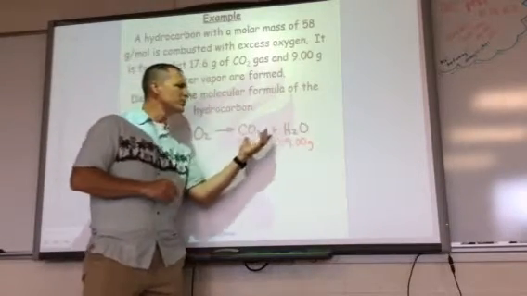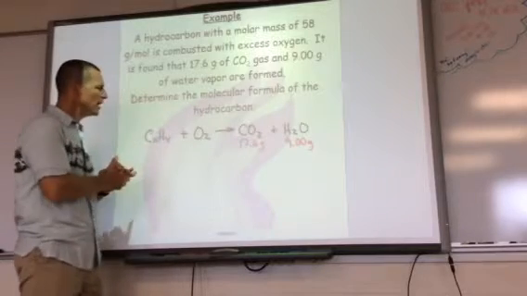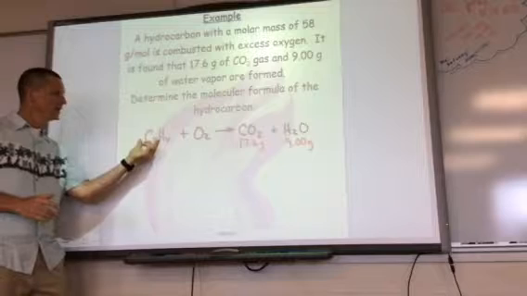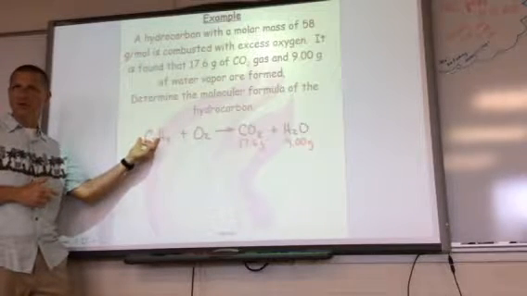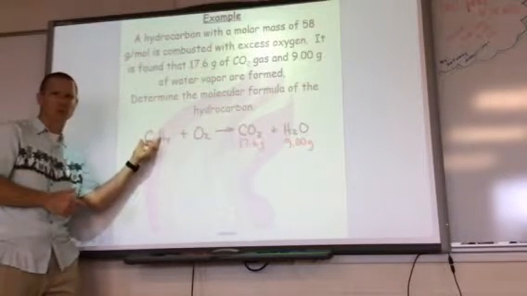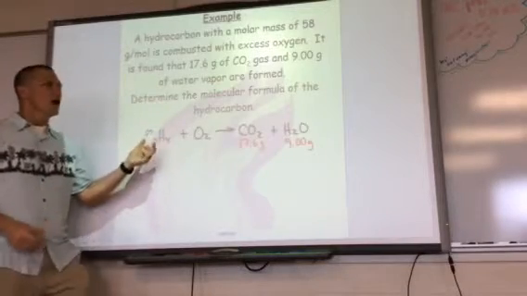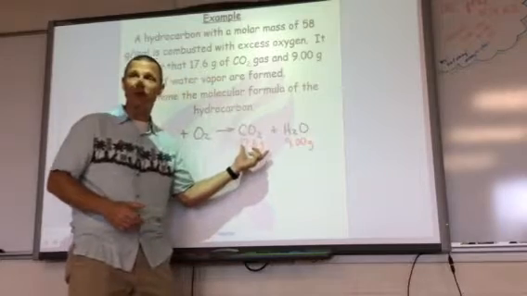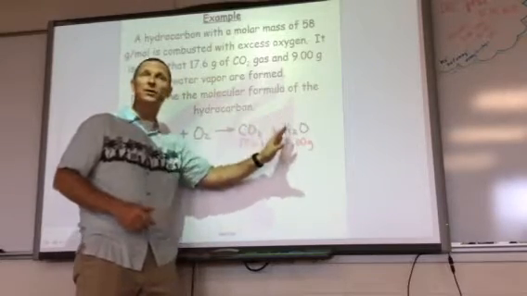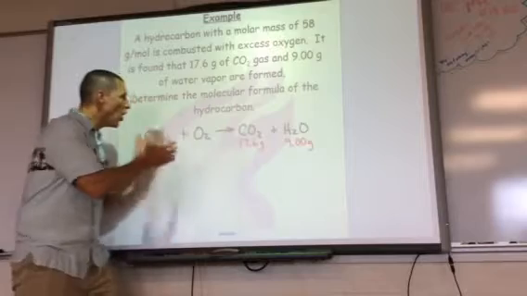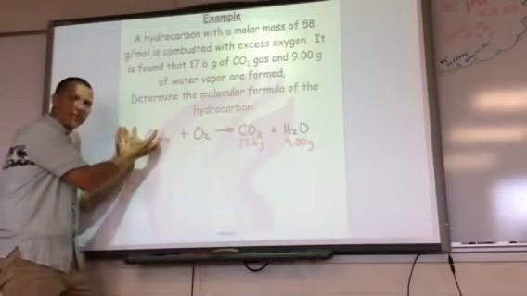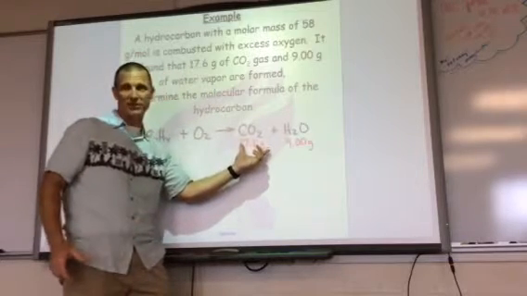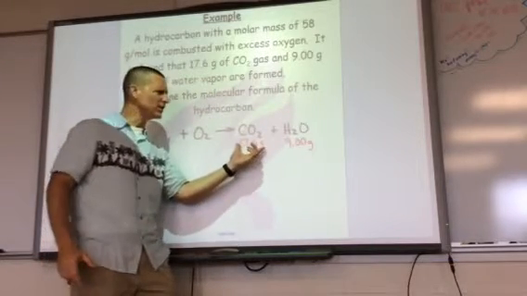So we know how much product is made. How does that help us to know how much reactant? Well, I want you to check this out. I see carbon in this reactant. Is there any other carbon in the reactants besides what is right here? No. Okay, look over at the products. I see carbon here, and I know how much of that was made. There's no other carbon in the products. So all the carbon that was in here wrapped up in this compound is now all wrapped up in that compound. Now, if I know that there were 17.6 grams of this made, can I convert that to moles of